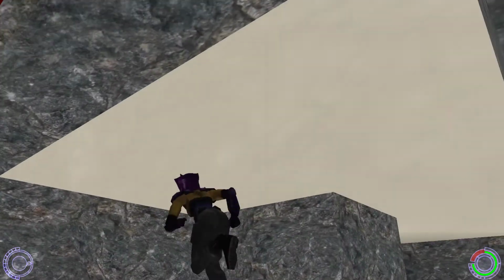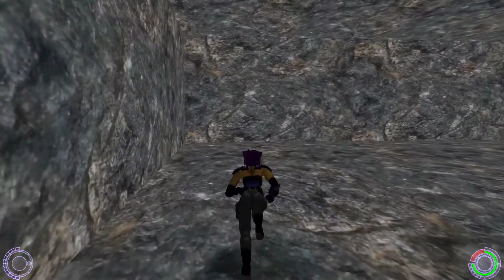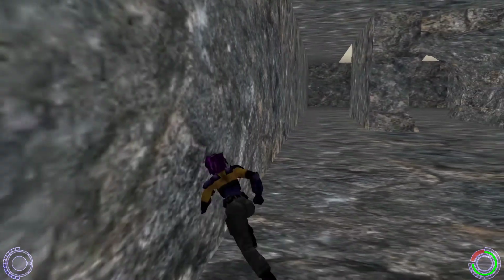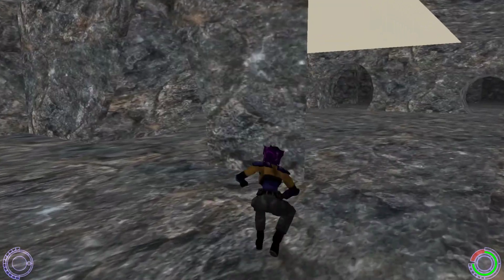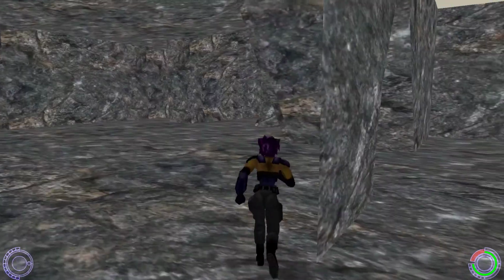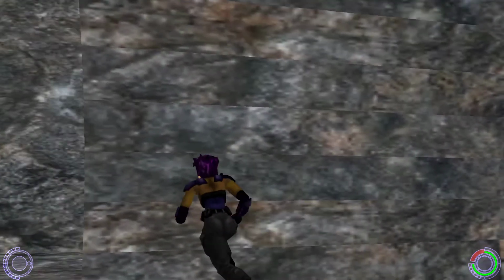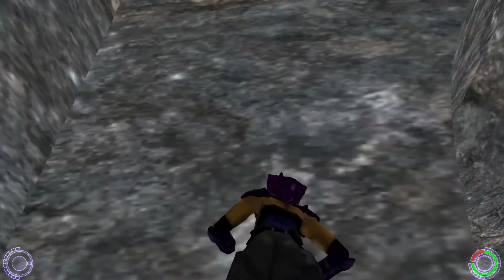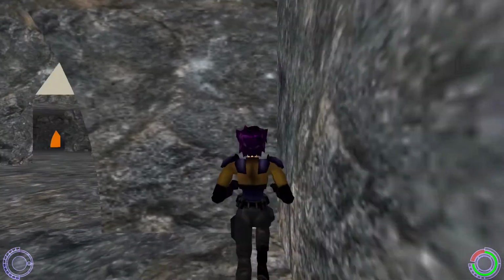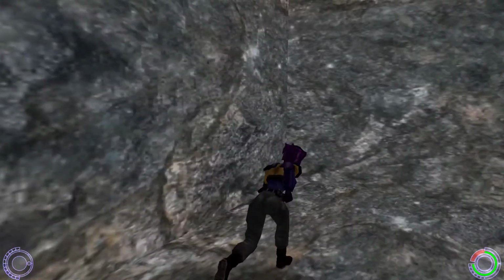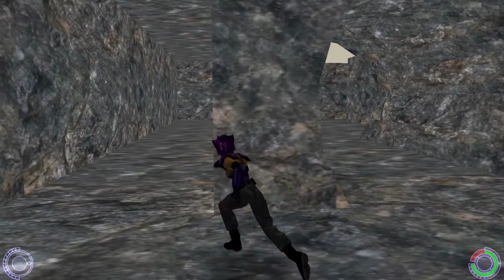We also need to paint this ceiling. There's also a bug right here, seems. Seems that I also need to add more polygons right here because there's some bug on the model. Okay, right here is perfect. This is what you want.